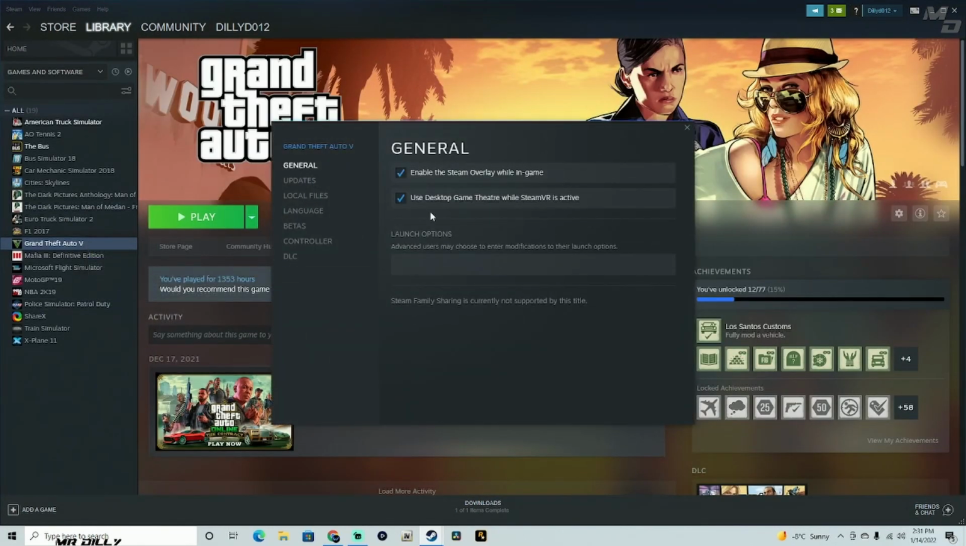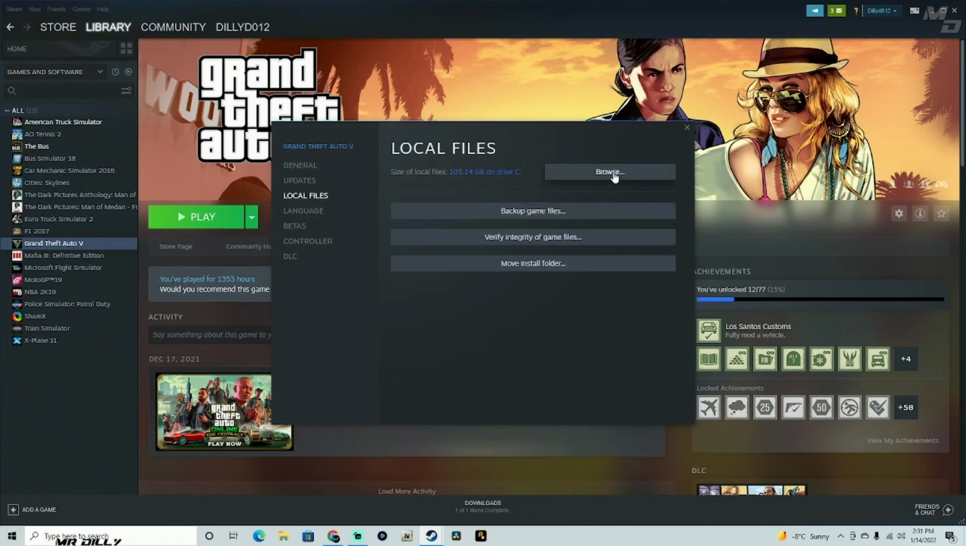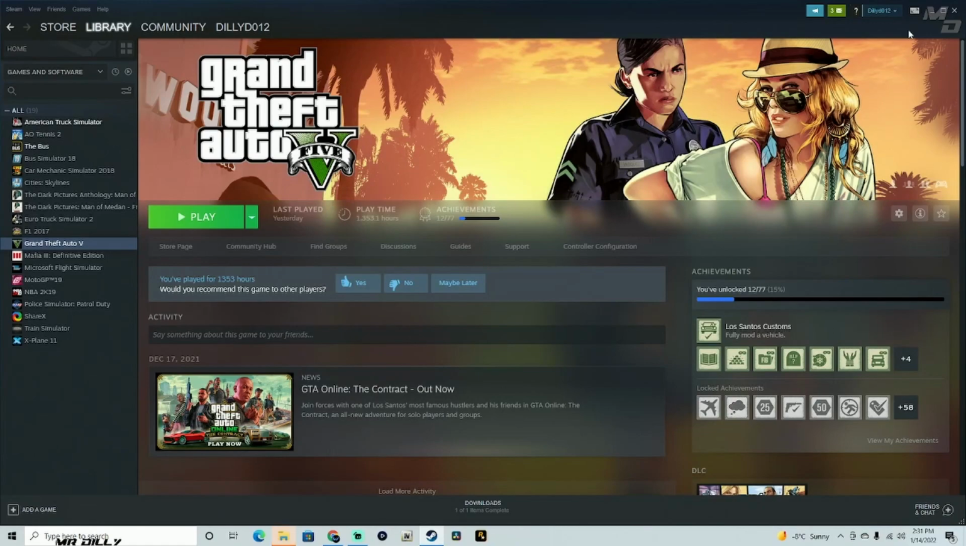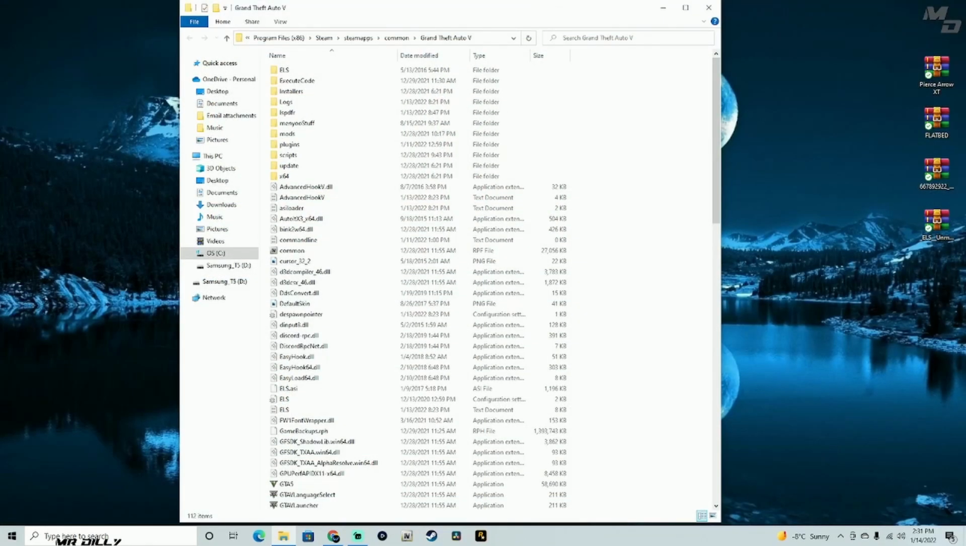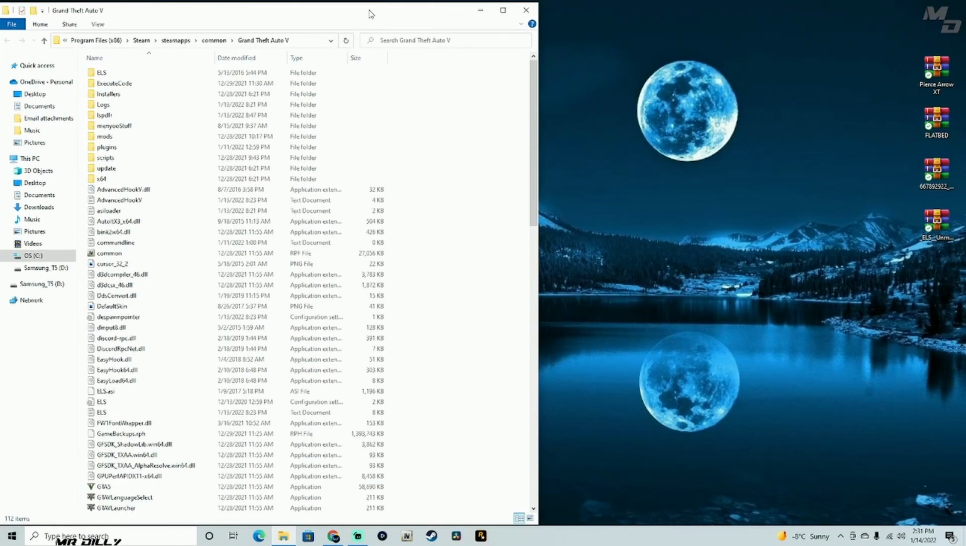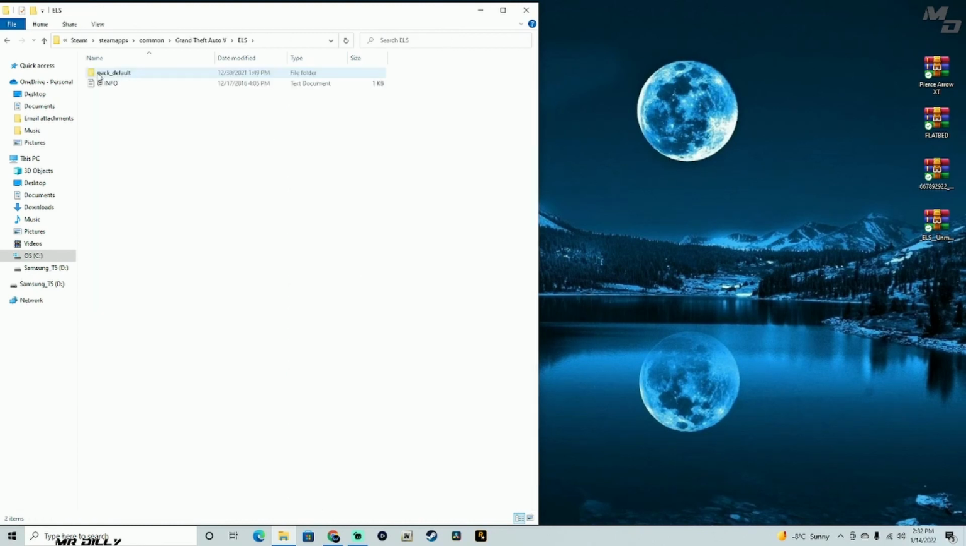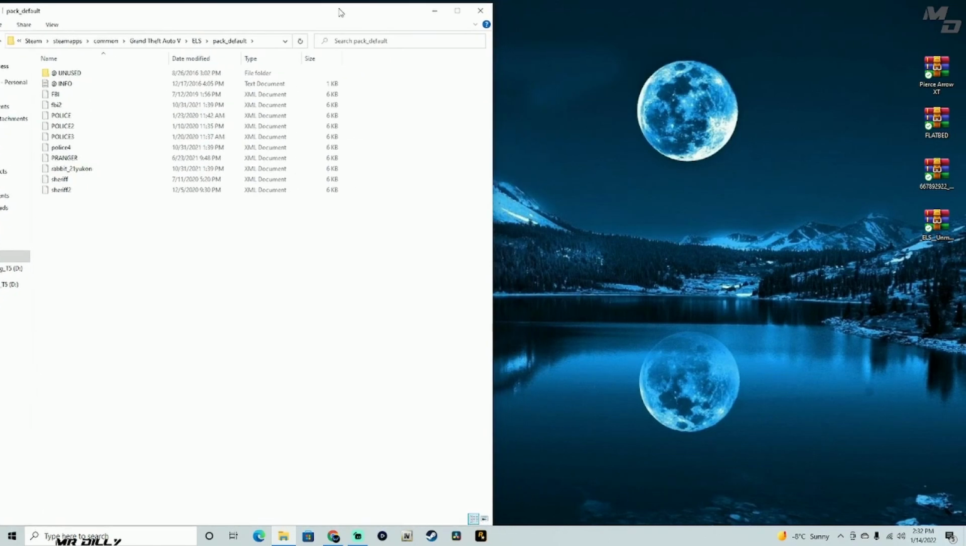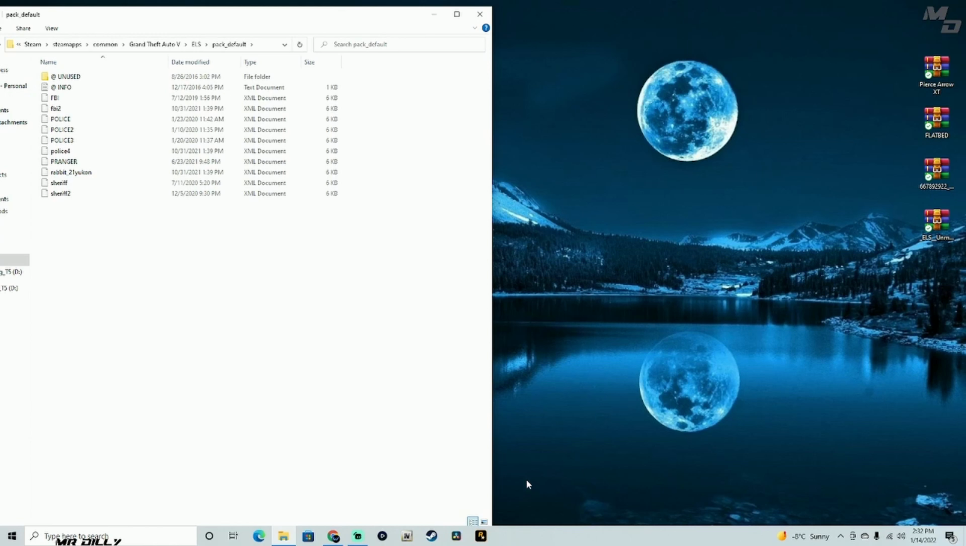Go to properties and local files. Just gonna browse the local files just like that. Now that I have my GTA5 main directory, I'm just gonna go to the ELS folder right here, pack_default, and then I'm gonna leave this right here. And the other thing that you're gonna need pretty much is your OpenIV. Let's go ahead and open up our OpenIV